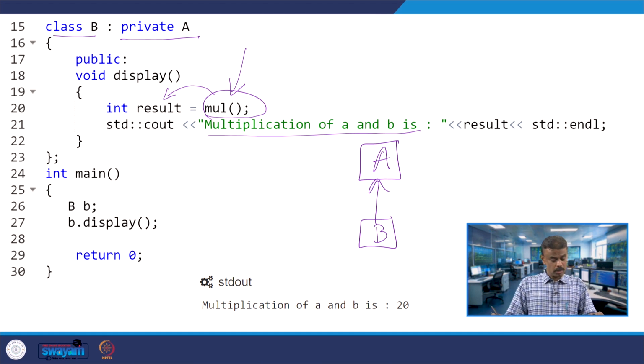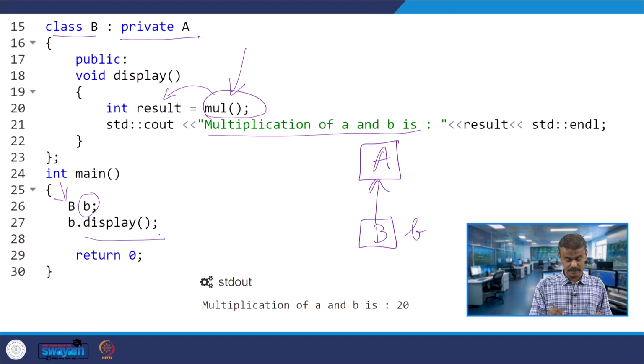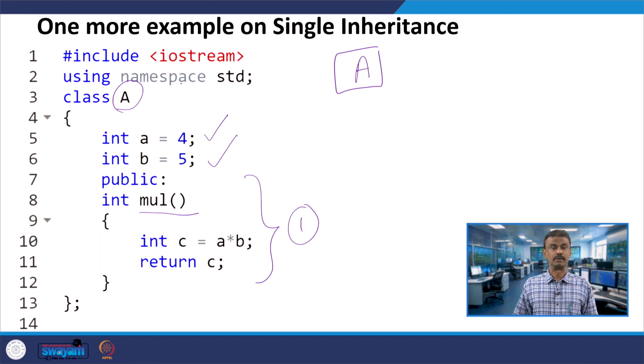Now you have an object small b whose class is capital B. B is invoking display, and yes it can, because display is a member function and inside this function you have multiplication. It is privately inheriting, which means the public will become private.